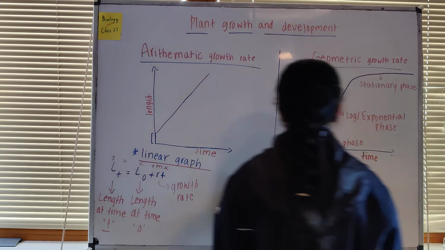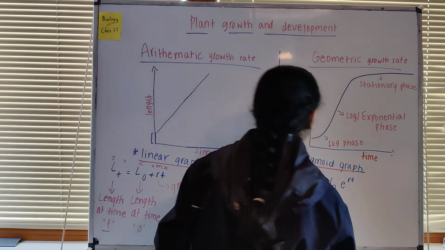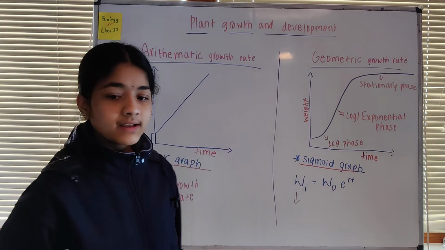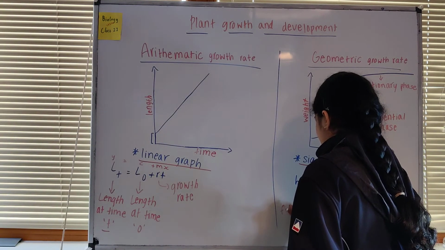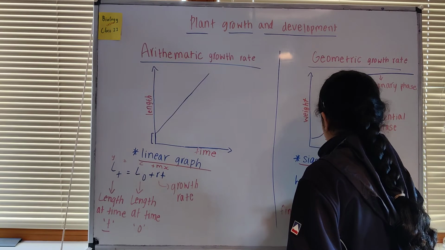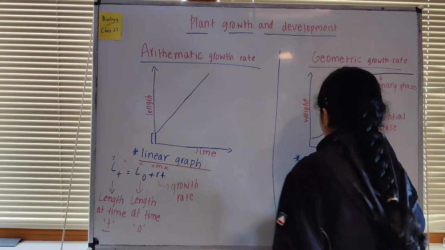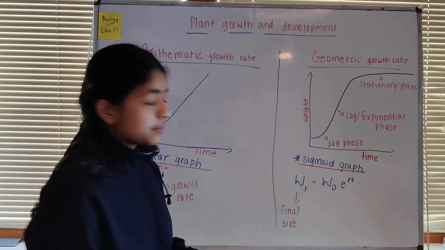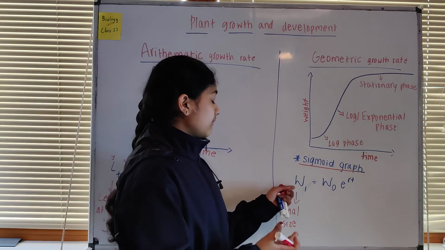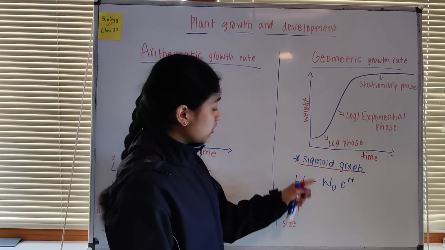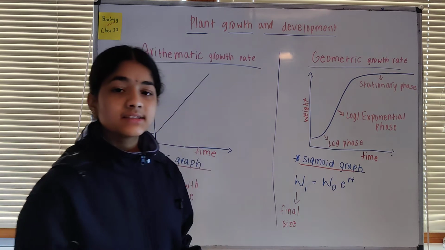RT is the power. Okay. Let's label now. What is W1? W1 is the final size, or the size at time t. So final size. Now this W1 can also be written as WT, because normally they can represent it as W1 or WT, because the final size is actually the size which we are